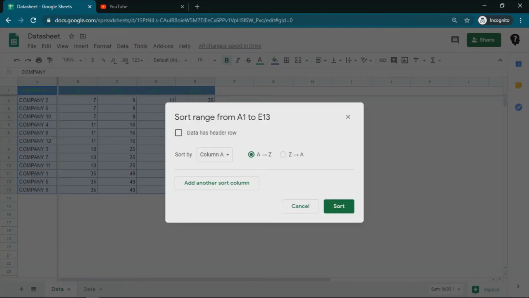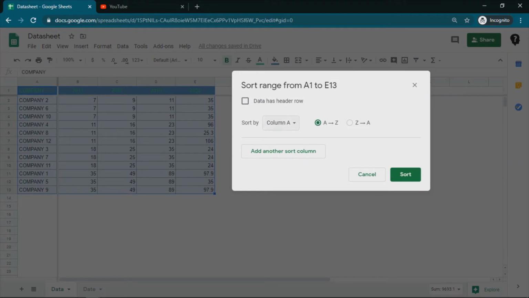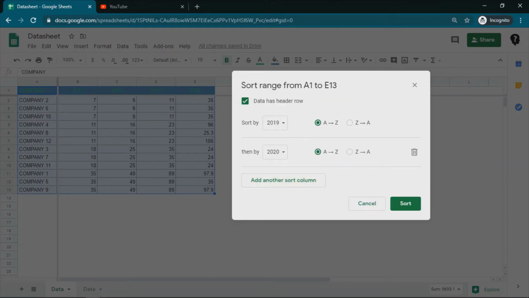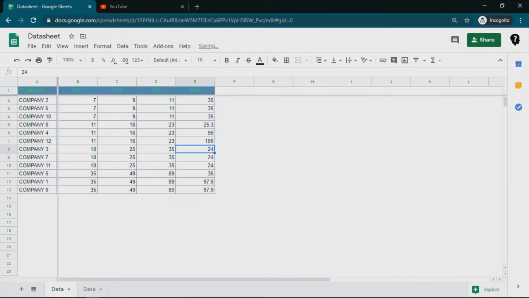Let me sort it now. Now see here, company 5 has been shifted up because this value is sorted after sorting the D column. My 106 is again sorted after this value. So this is how the custom sorting works in Google Sheets.